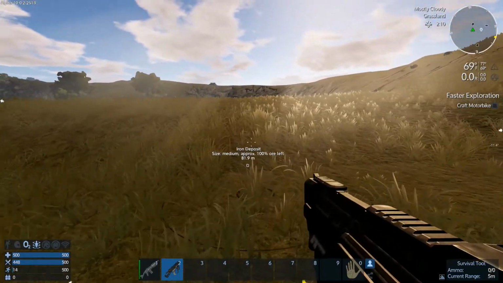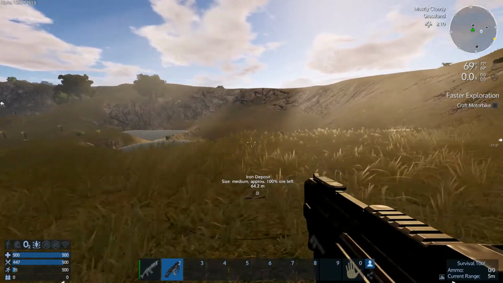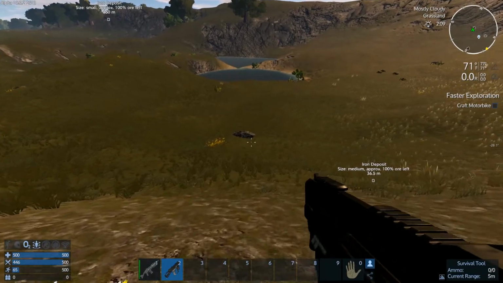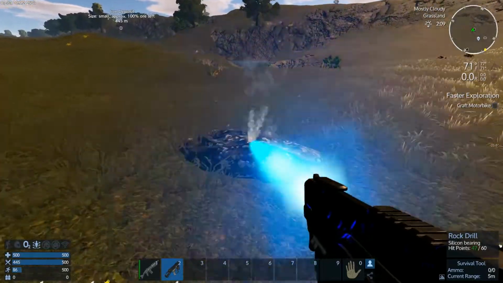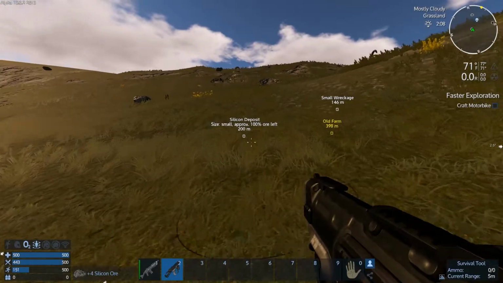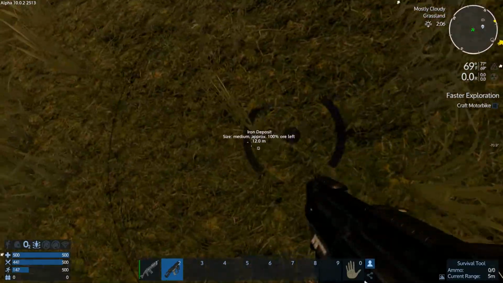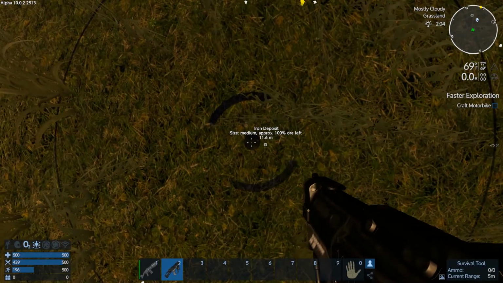And I'm out of stamina. That's what the heartbeat means. Is that copper? White dots means silicon. Okay, I'll take it. Good deal. And where is iron? It's like 11.6 meters is the best we're going to do, so